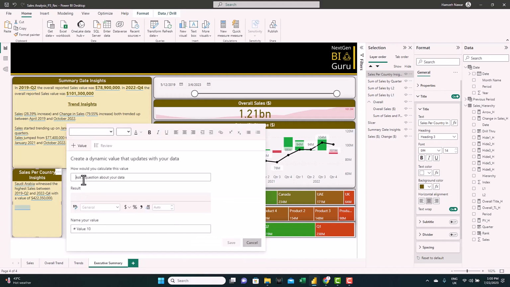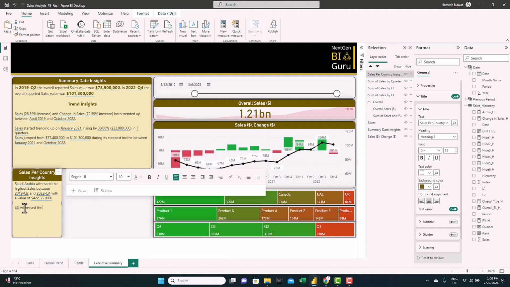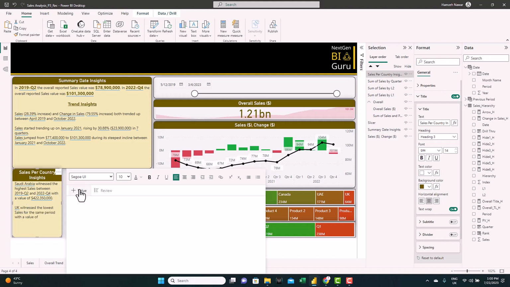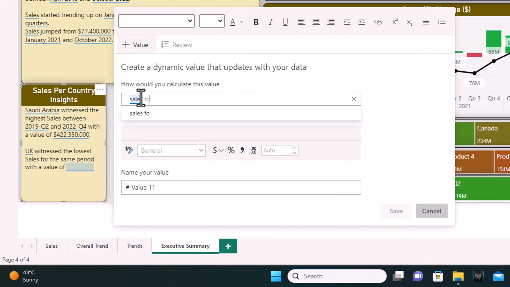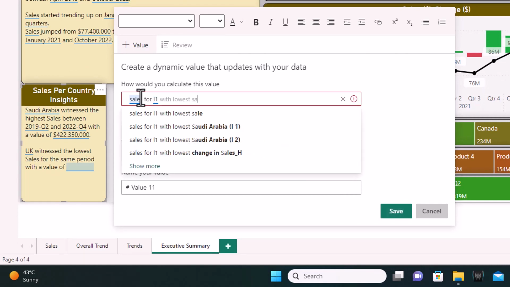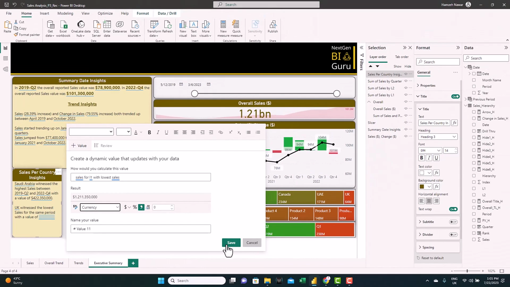We add a value again and we look for L1 with lowest sales. UK comes. Let's add witness the lowest sales for the same period with a value of, and search for sales for L1 with lowest sales. Here it is. Let's just select it, change general to currency and save.